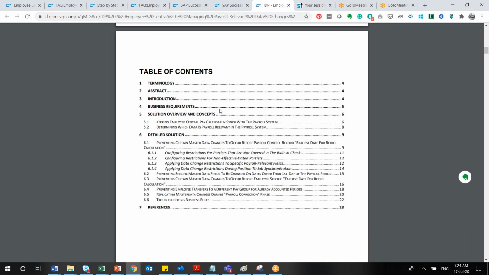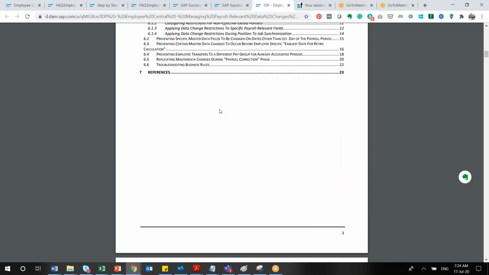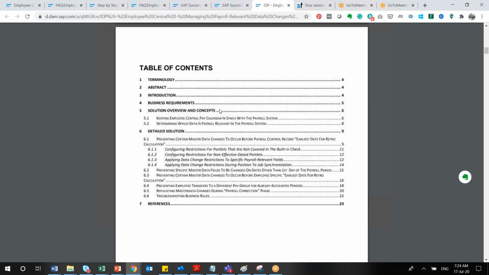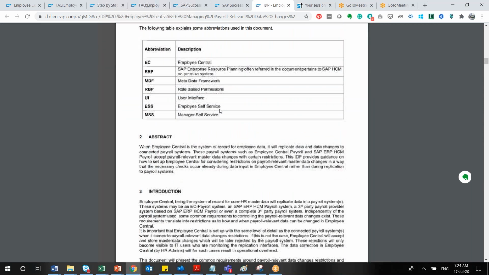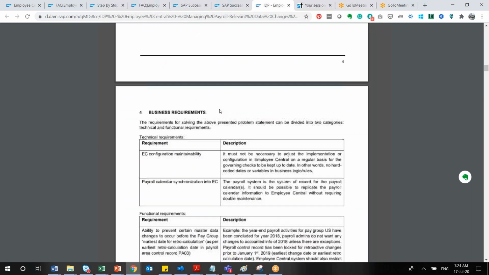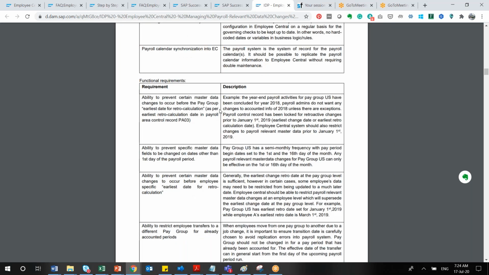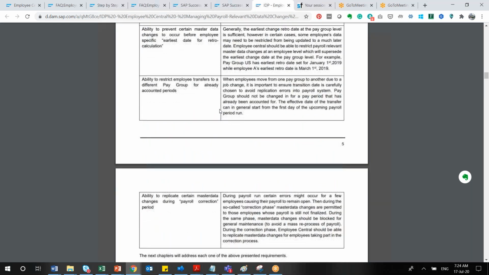So this is the document which I was talking about. I will be sharing this with you as well. They keep on updating it. It is actually an architecture document. Before taking any kind of design decisions, SAP is recommending to go through each and every bit of it, so that at a later point of time you will not have any problems during your implementations. They have maintained very nicely what the client requirement was, what your solution was, and how you have handled it. Those kind of nitty gritties they have clearly explained.